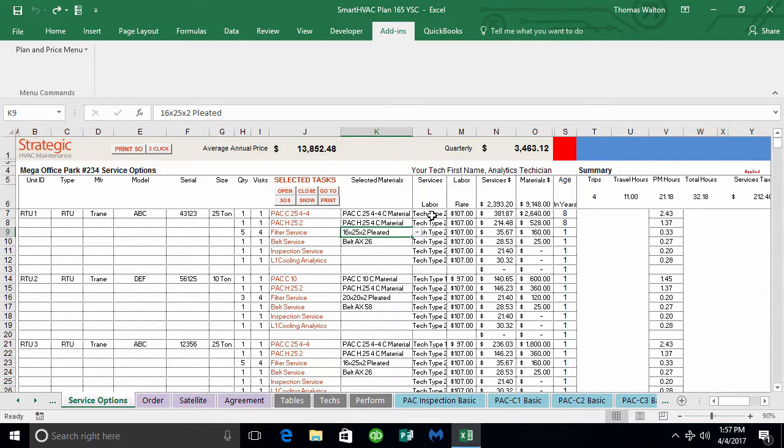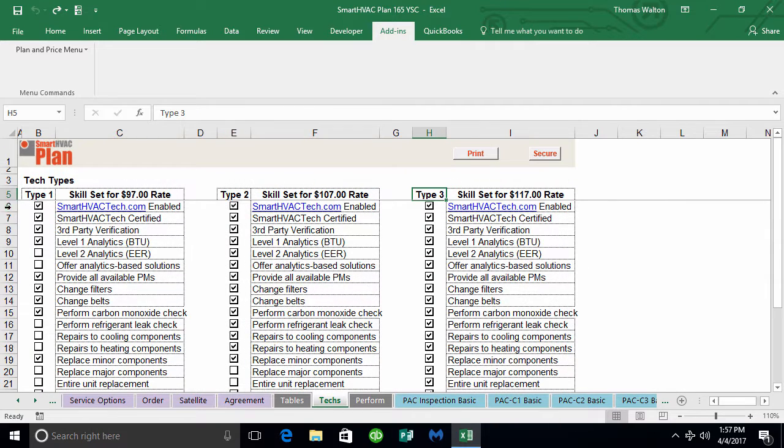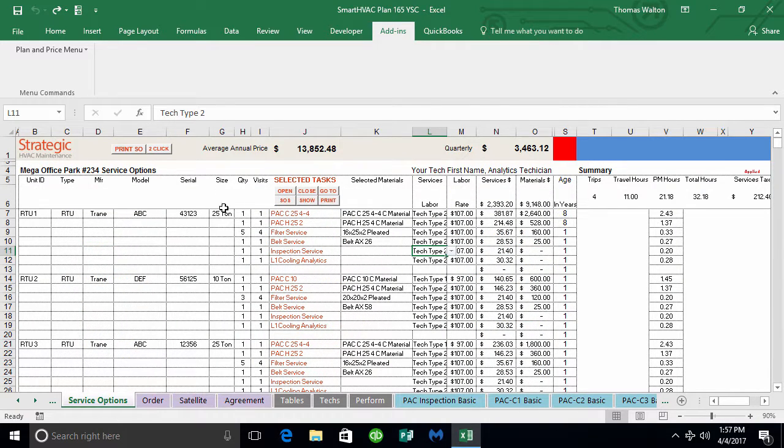If they don't see that you're applying a mid-level technician, and you can see that there are 3 different levels of technicians. If they can't go over to techs and see that a level or type 1 tech can do all this, you can see there's some things not checked. A type 2 has more of the check marks. A type 3 has more of the check marks, meaning they can do more. So if your